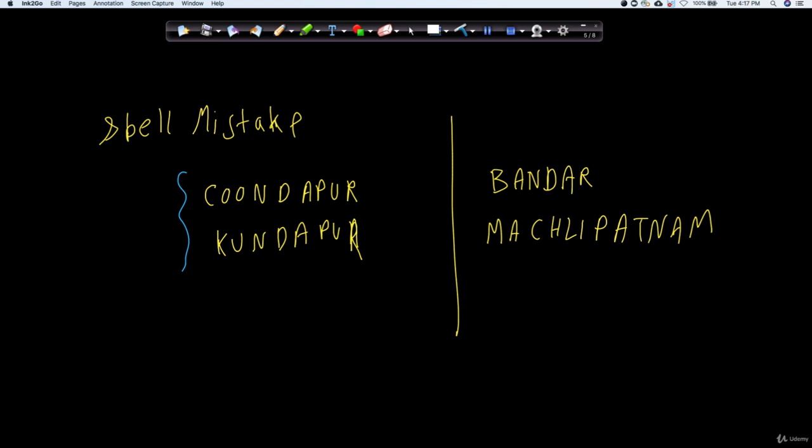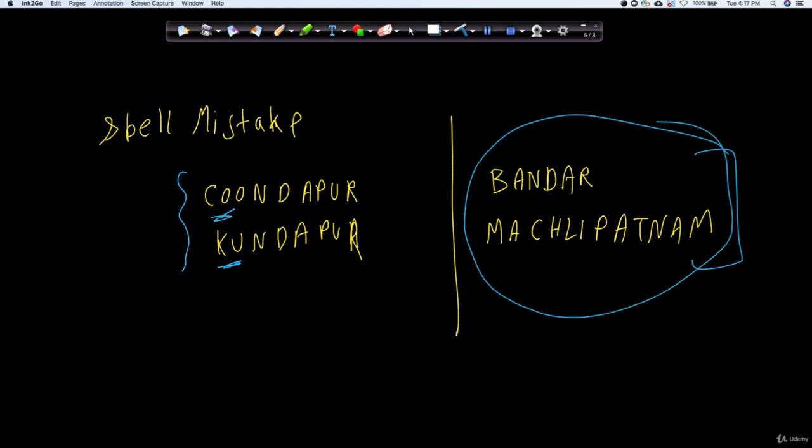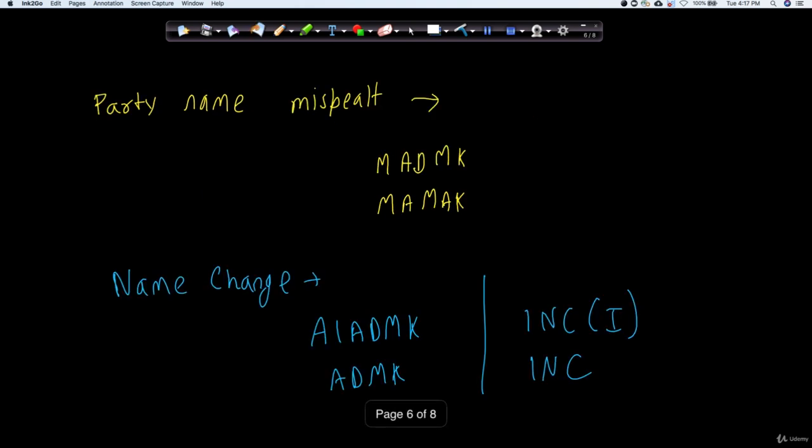For example, if you look at this example of Kundapur or Kundapur, you can see that there is a good spelling change in this case. So that's one of the problems. Second is that the constituency name was changed completely. The older name was Bandar and the new name was Machilipatnam. Now there's no way you can just go and fix it on your own. You need that knowledge, that yes, this was the earlier name and this is the new name for it. So these kinds of issues also come under the alignment issue.